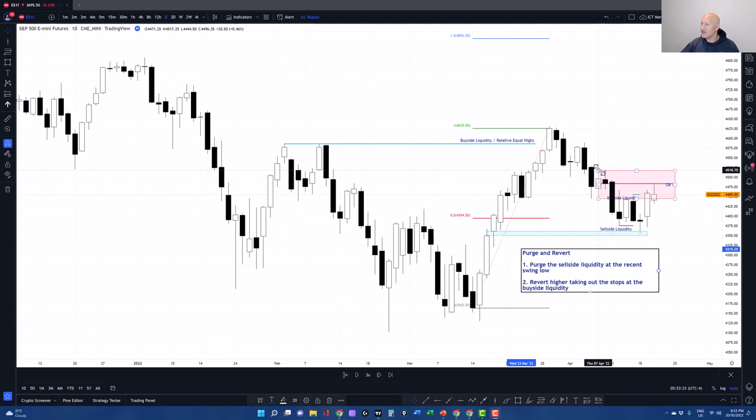So if we look at this area, we have this order block here. So we have this up close candle which is associated with this fair value gap. So we have a gap here in the market. It's only a very small one, but there is a gap there. And as a new trader, we can expect, or the first target, if you like, that we'd be looking at is for price to attack the low of that candle,